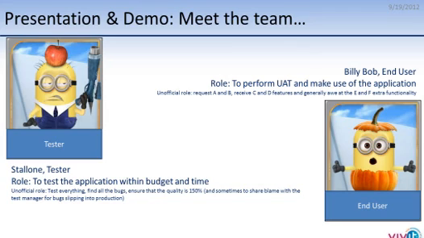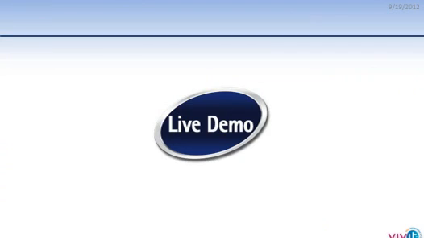And then last but not least, we have our regular user. His name is Billy Bob. He is our happy-go-lucky end user who will be using the application. And usually what happens in real life is the people on the ground ask for A and B, they receive C and D as features, and then plus some extra other features that they have never heard of or never expected. But the main point is they never ever receive what they have asked for to begin with. Okay, so this is our team, and I hope you enjoyed the little bit of humor. Now we'll be going to the live demo,